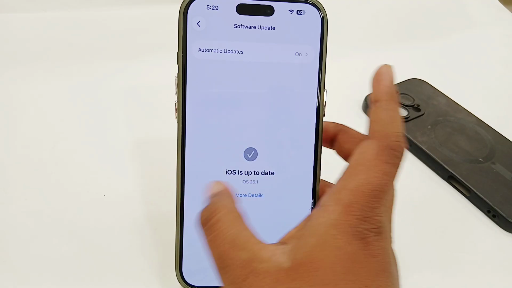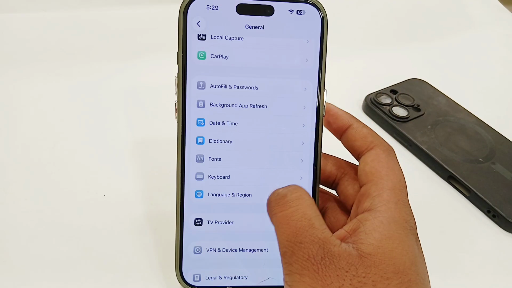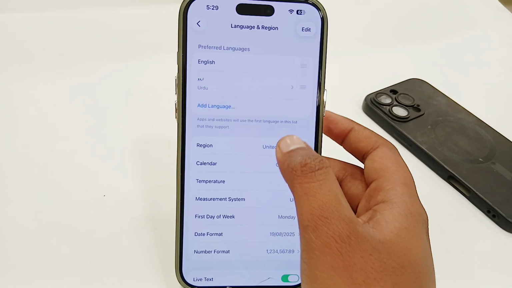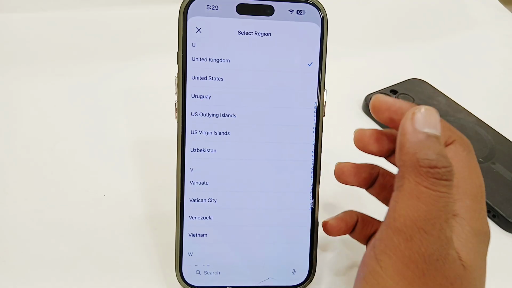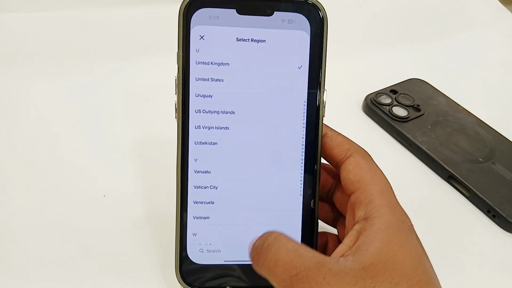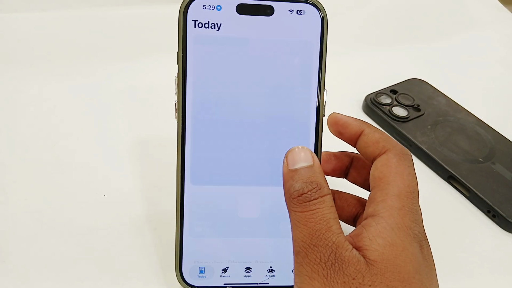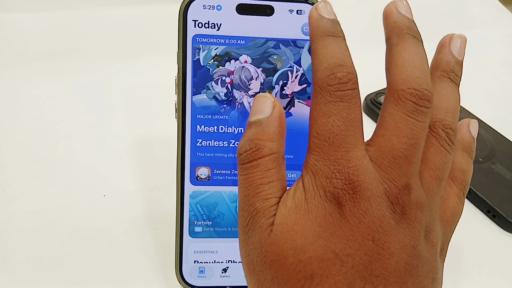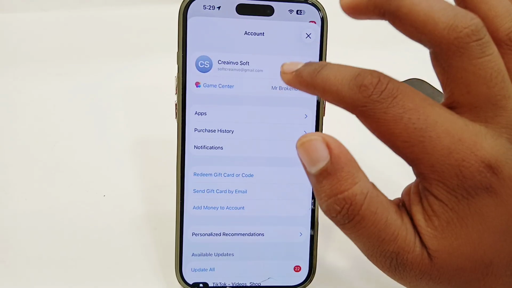Once updated, you just have to go back, go for the language region option, select region, and select your own region in which you're living. Once you have selected, you have to simply go back from here, open your app store, tap on your profile option in the top right corner, then tap on your Apple ID here,